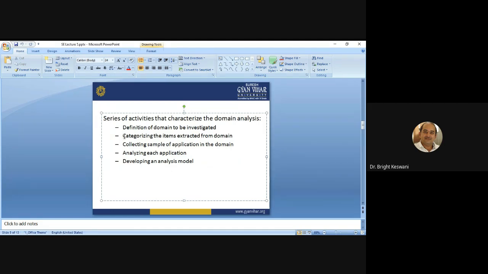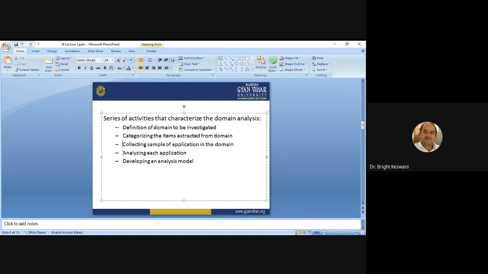In the third activity, the items of the application must fit into the already well-defined categories, so collecting samples of applications is an important activity. Then in analyzing each application, the reusable objects are identified first, then the percentage of applications in the domain that might reuse an object is found out.